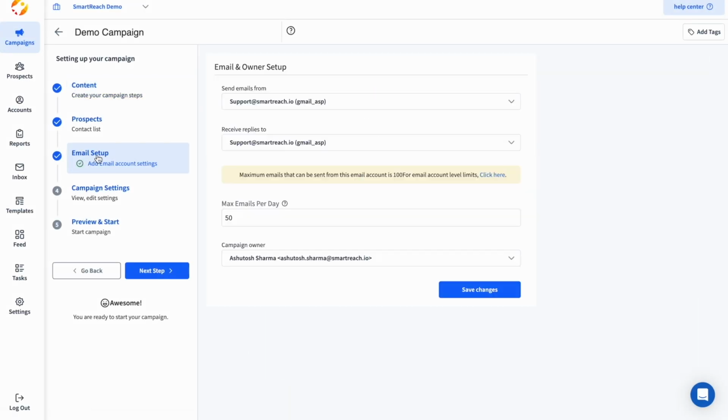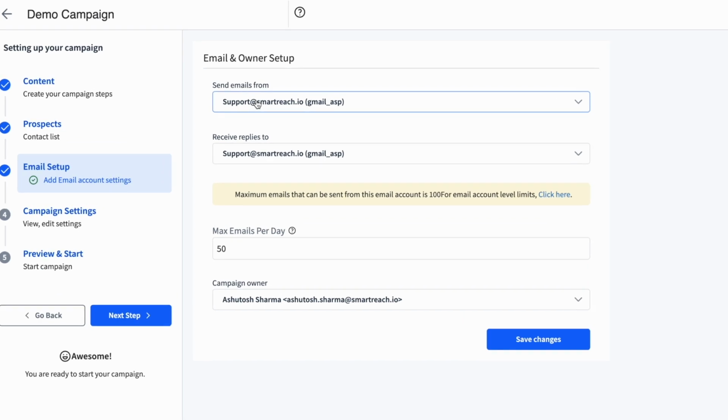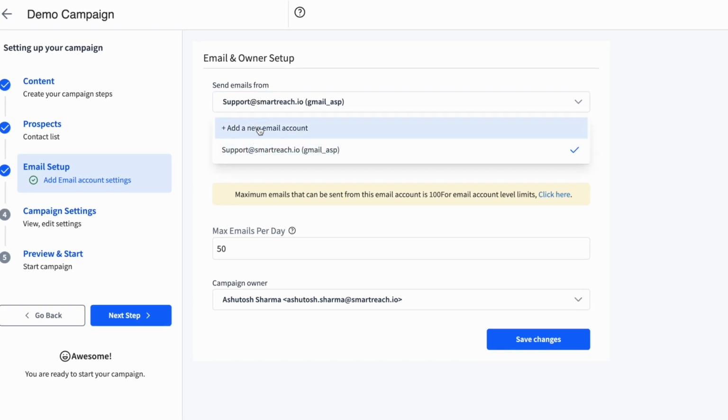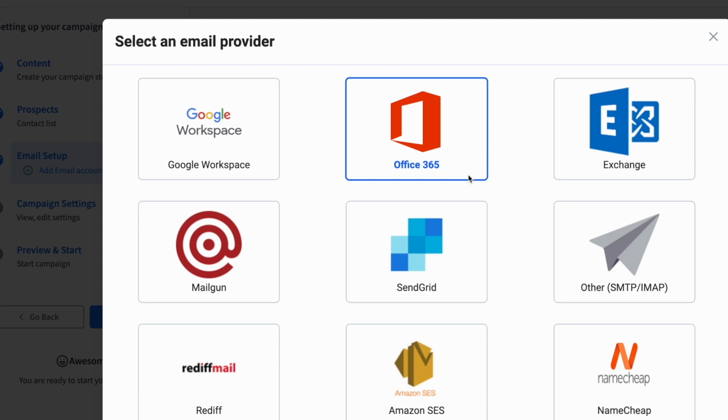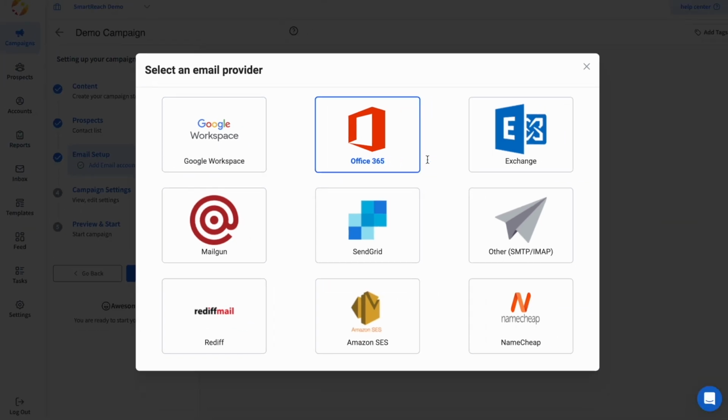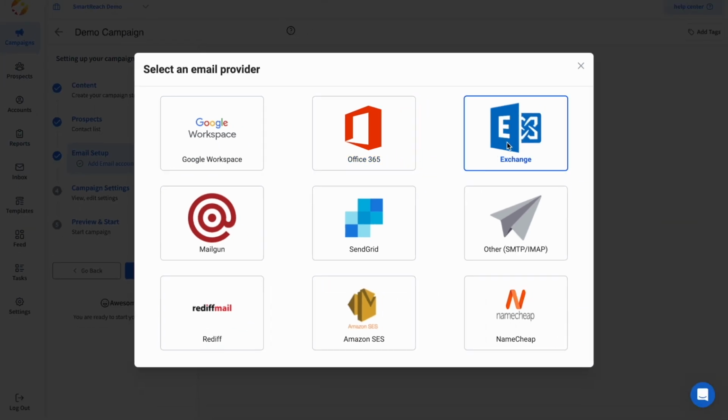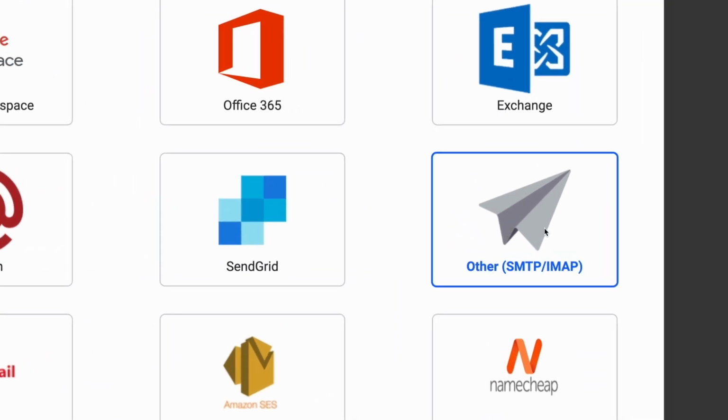The third step in the campaign creation is where users get to connect their mailboxes. Users can click here and integrate their sending email in this campaign. SmartReach natively integrates with top email providers like Google Workspace, Microsoft Office 365, Microsoft Exchange, Mailgun, and many more. If you use an email that is not listed here,